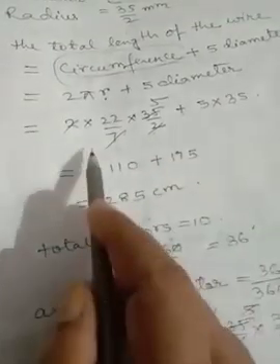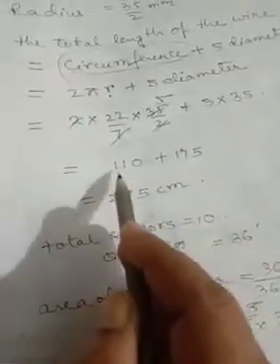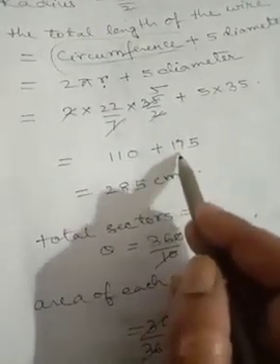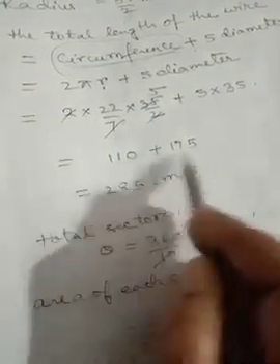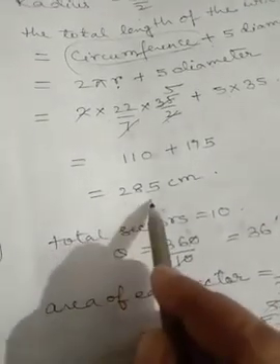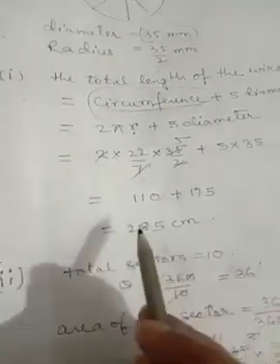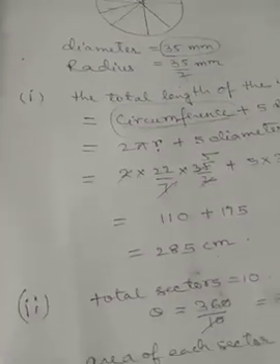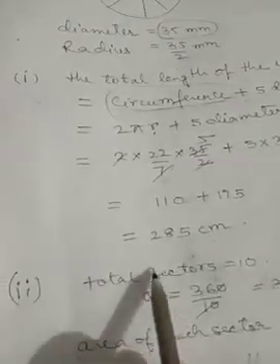Now solving this we get 110, and by solving the other term we get 175. So adding up we get 285 centimeters. So the total length of the silver wire required to make this brooch is 285 centimeters. So next,